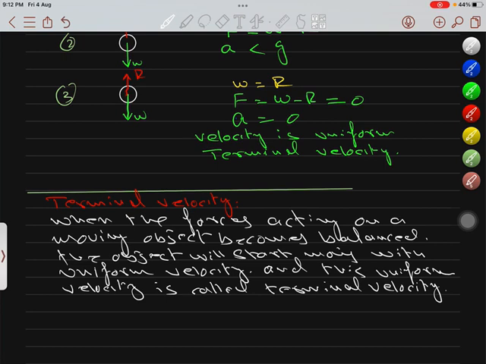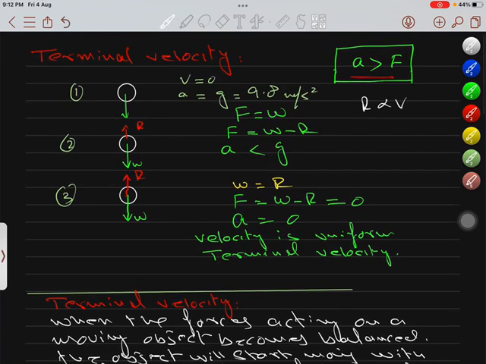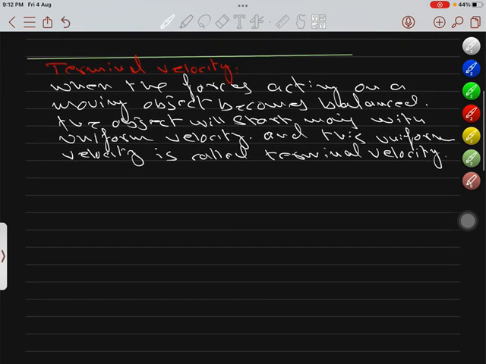Understand? It is a very important topic. Please pay attention to this one. A lot of questions come regarding terminal velocity. At this point, remember that terminal velocity is not limited to an object which is falling downward. A car moving on the road can also achieve the terminal velocity. How? If a car is moving on the road